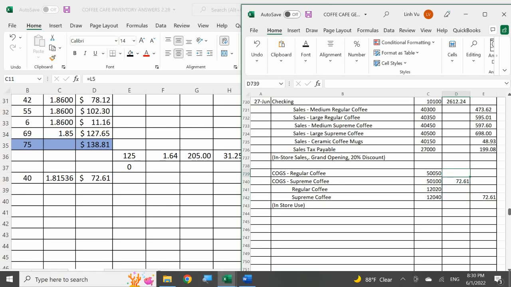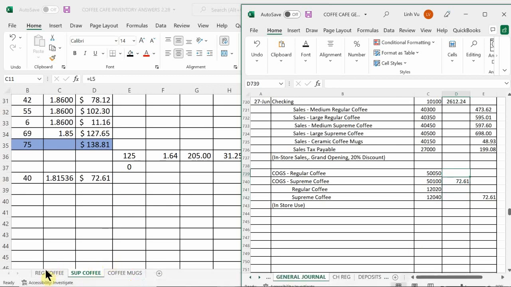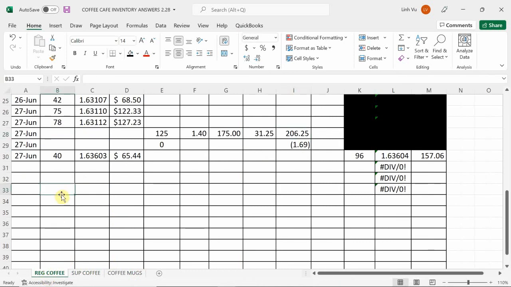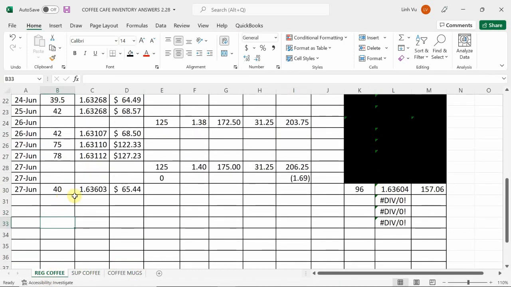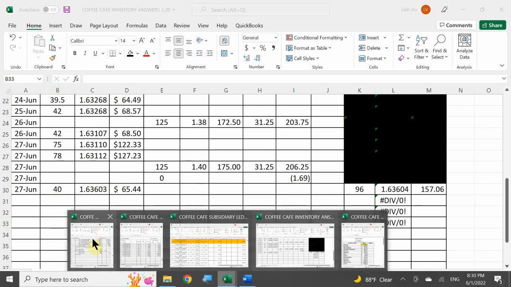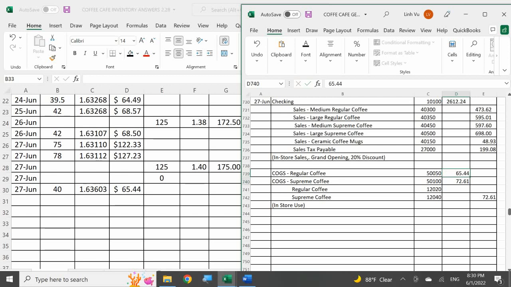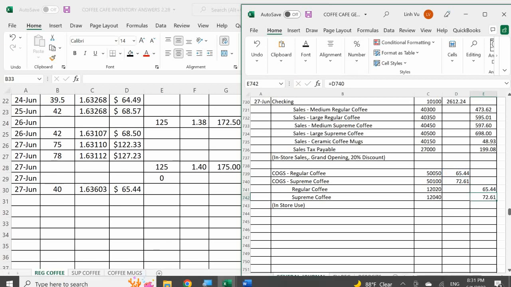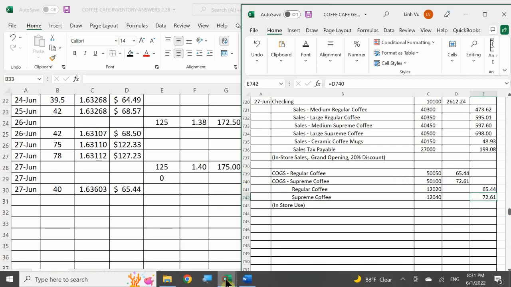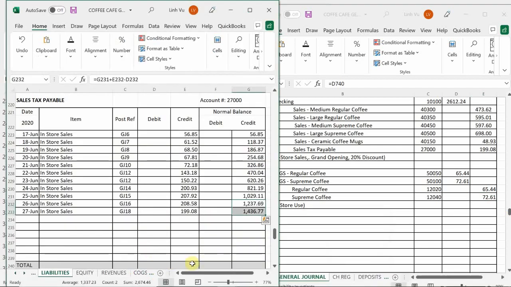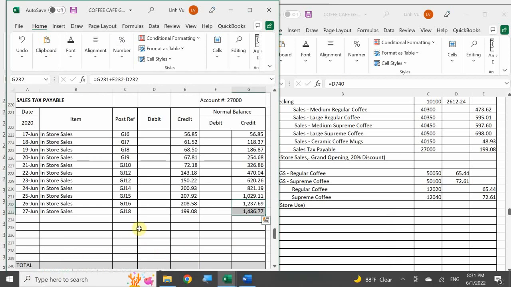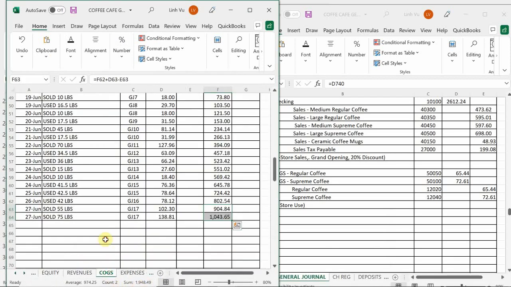And then our regular coffee was for a total of $65.44. Okay. So now let's go ahead and finish off our ledger to go ahead and complete this transaction and match our inventory worksheet. Starting with the cost of goods sold,